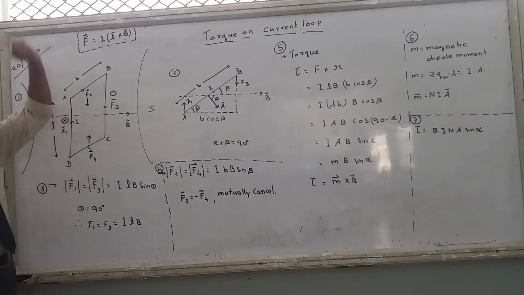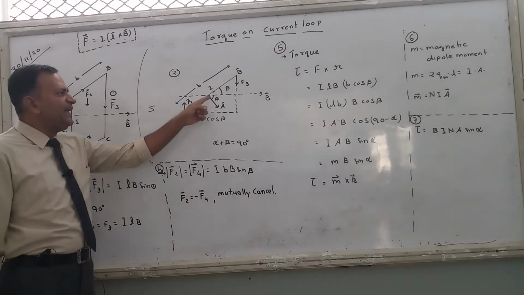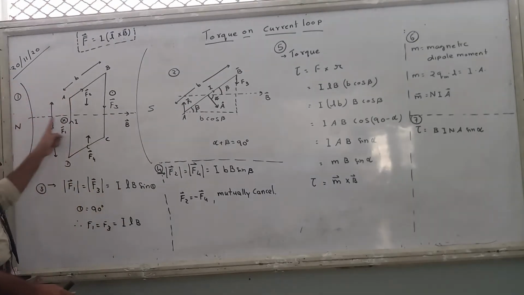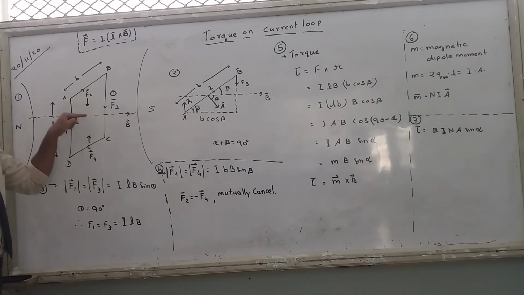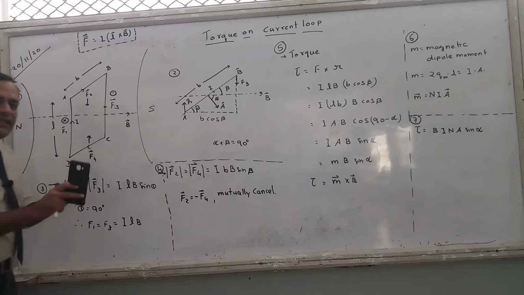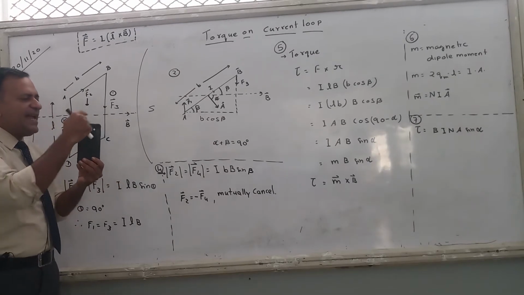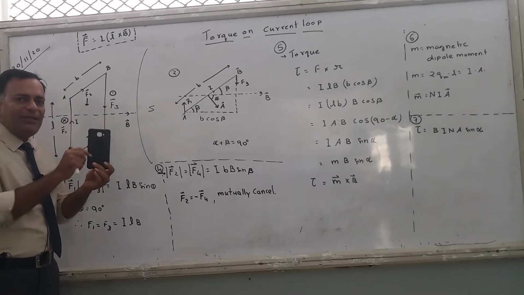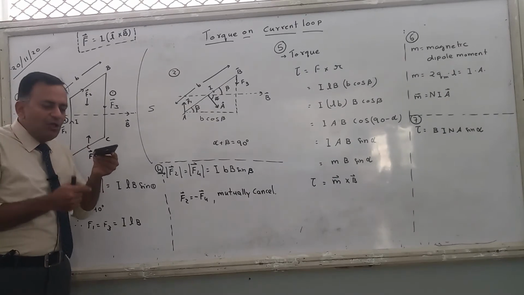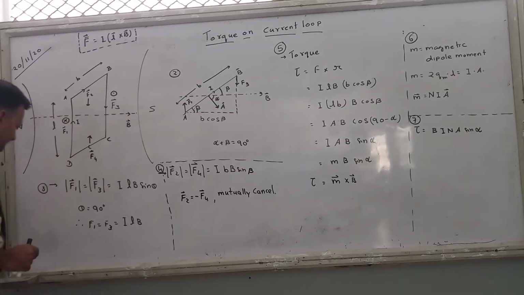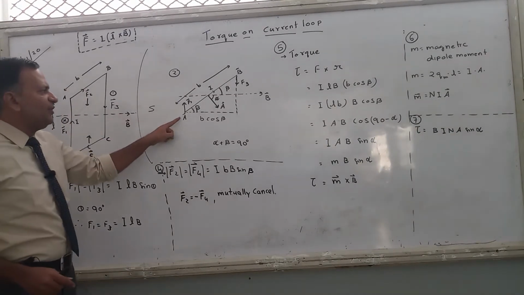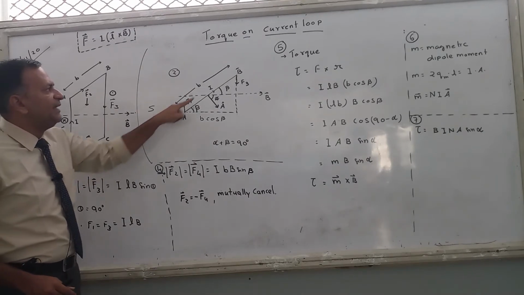If you see it from the top, the bird eye view, that will be this. See, this is the magnetic field. This loop, when you see from the top, you will not be able to see the complete loop, but you will be able to see only this length AB. ऐसे ये loop है, ठीक है? You can see A, B, C, D. But when you see it from the top, you will just see AB, and the remaining part of this will be hidden.